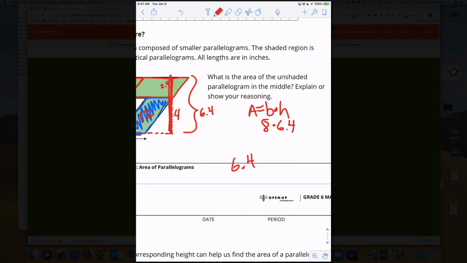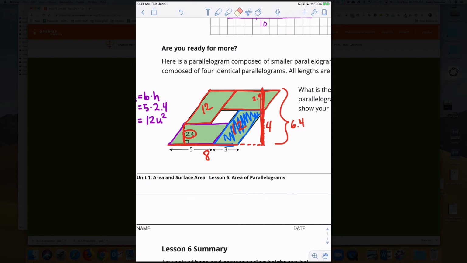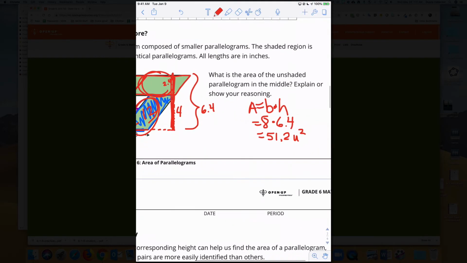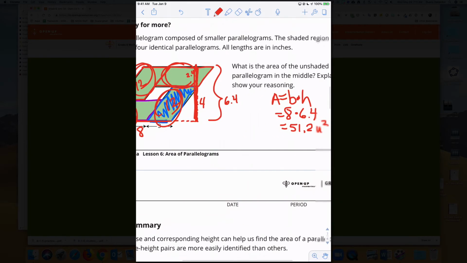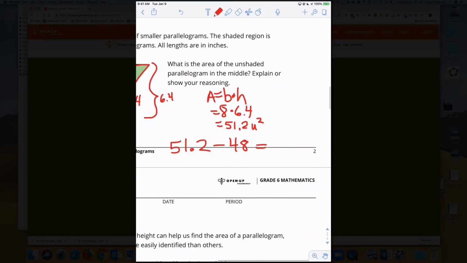And I don't know, let's do it down here. 6.4 times 8: 32, 48, 49, 50, 51. So the answer, the area, is 51.2 square units. All right, yay. Now that's the area of the big, huge overall parallelogram. The combined area of the 4 green ones is 12 plus 12 plus 12 plus 12, so that's 48. And so we know that the 4 green ones is 48, so all we have to do is 51.2 minus 48, and that's going to give us,